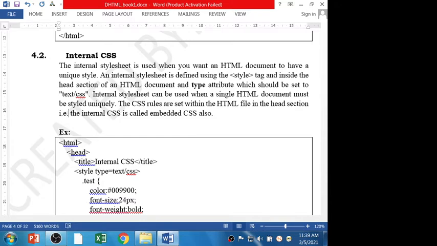But both the sections are separate. On the top we have CSS, and after that in the body section, the bottom section, we apply the HTML code. Both will work together from the same file and display the result.